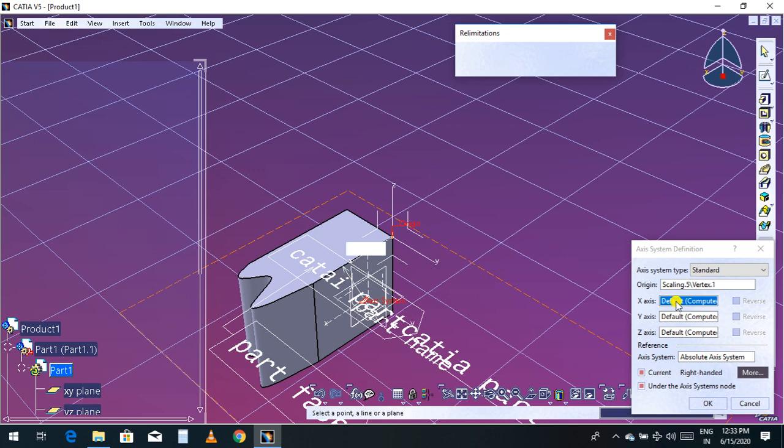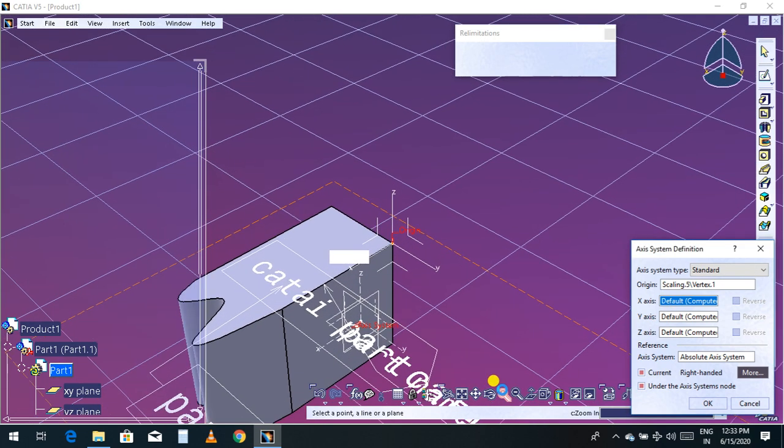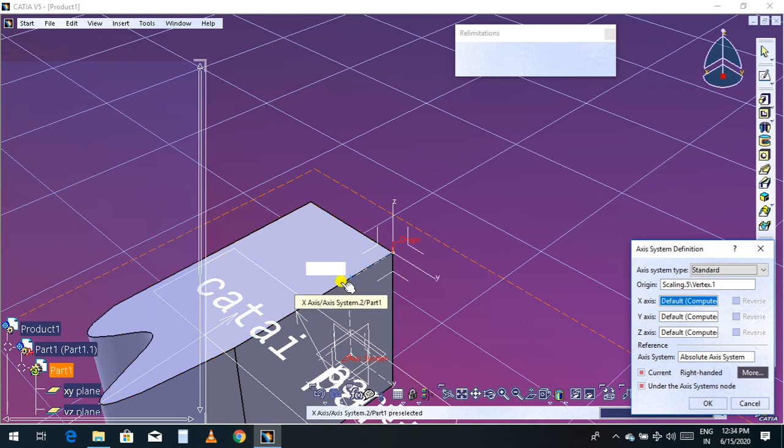Suppose by default the X direction, I'll choose this as my X direction. Below you can see the X direction is mentioned. Now for the Y direction, if you want to select this as the Y direction, you can select it.